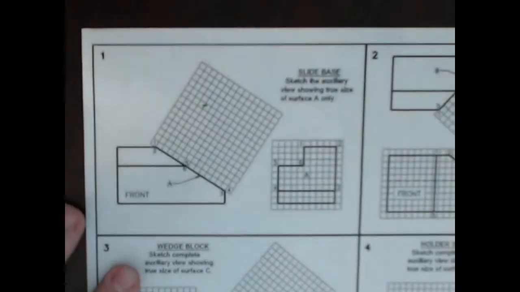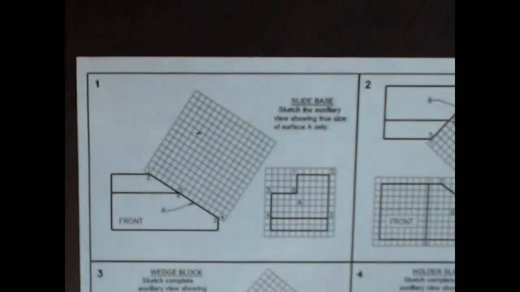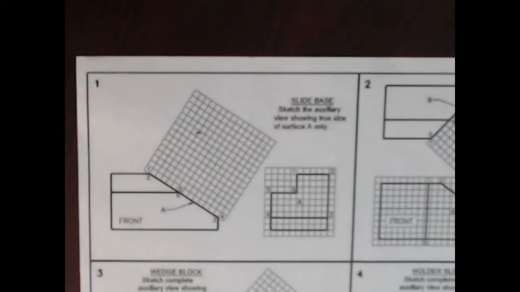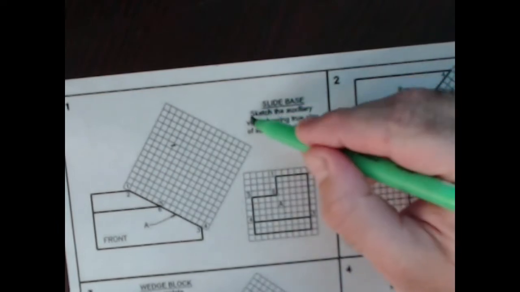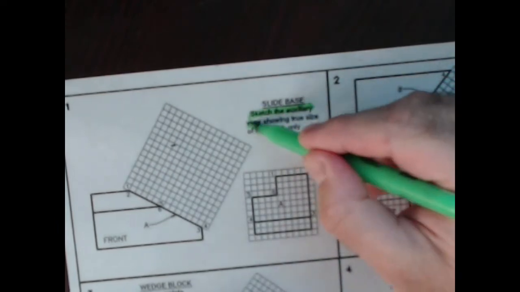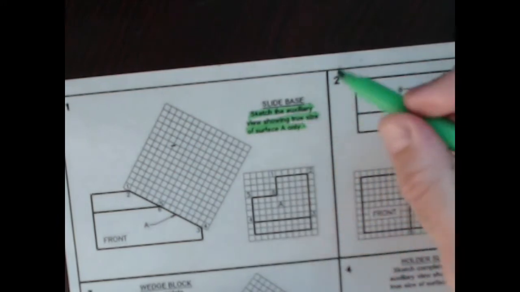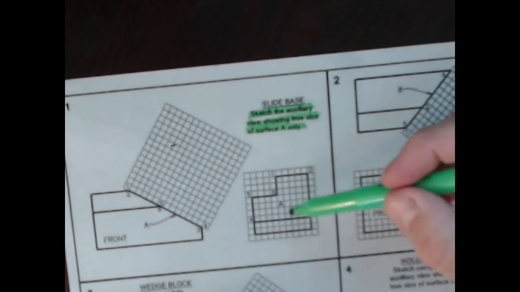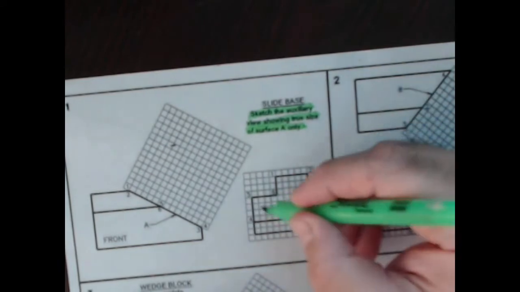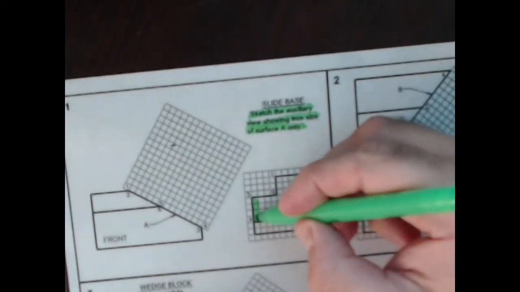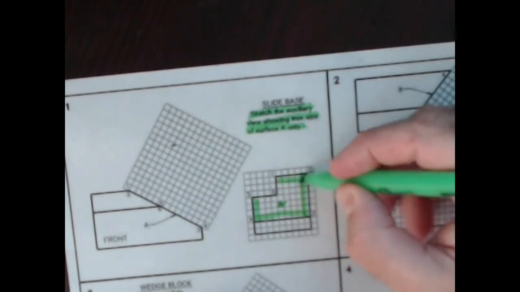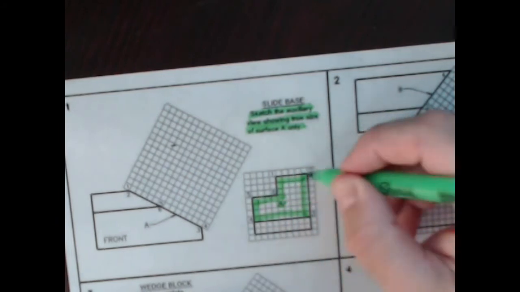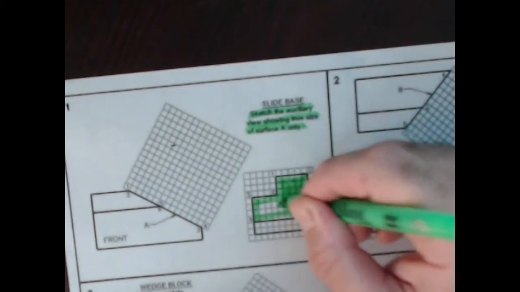Okay, here we go. So we have our first view, and they've numbered this first one to help with demonstration. I apologize if my screen's a little blurry. But the object of an auxiliary view is to sketch just the face that you're trying to describe. That's face A. So you're not going to see the part fade back in perspective behind it. All you're going to be drawing is the true shape, if you were to measure it parallel to the face in the plane of material of what I've highlighted in green here.